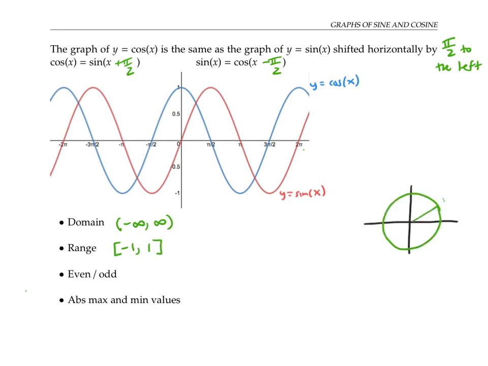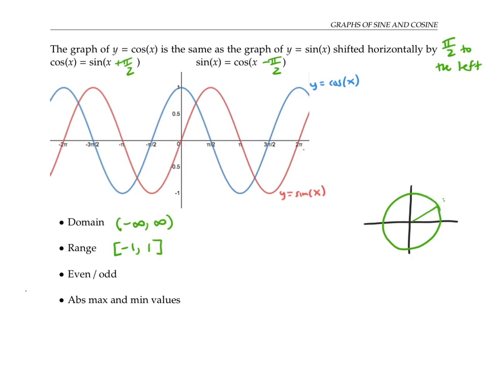The input values for the domain come from angles, and you can use any number as an angle, positive, negative, as big as you want, by wrapping a lot of times around the circle. The output values for the range, that is the actual values of sine and cosine, come from the coordinates on the unit circle, and those coordinates can't be any bigger than 1 or any smaller than -1,